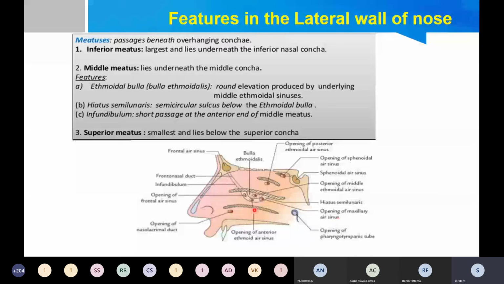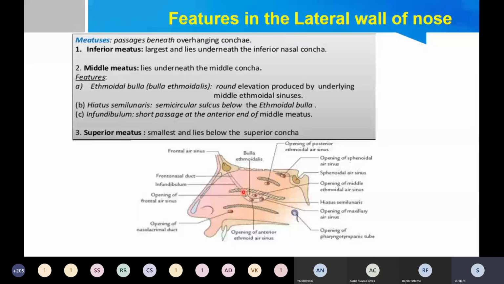Most of the air sinuses open into the middle meatus except the posterior ethmoidal, which opens into the superior meatus, and the sphenoidal air sinus, which opens into the sphenoethmoidal recess, which is present just above the superior concha. So now you all learnt where all the paranasal air sinuses are opening into. So frontal here, anterior ethmoidal into the floor of the hiatus, then maxillary into the posterior part of the hiatus. Into the superior meatus there is the posterior ethmoidal, and in the sphenoethmoidal recess, there is the sphenoidal air sinus which is nearer to it. Then that's about the middle meatus.